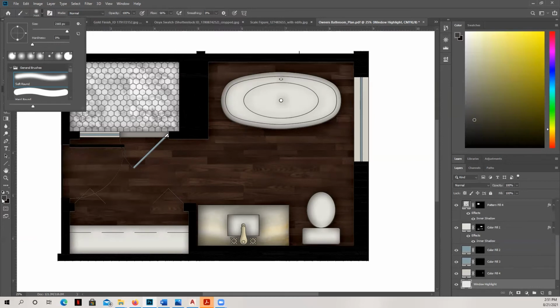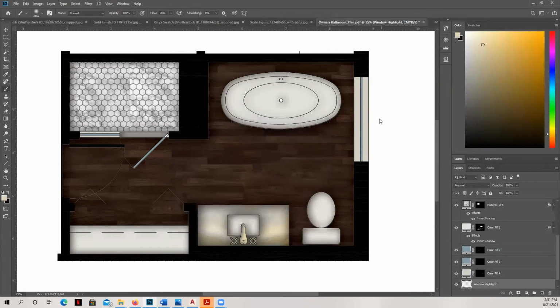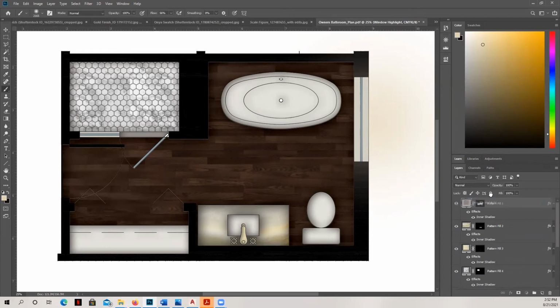The next thing I'm going to do is select the swatch. This is the color of my light. And so I want it to be kind of warm, like almost like candlelight, a nice warm beige. And so I'm going to hit OK. And then what I'm going to do is click right here, and it's going to create a little puff of light. Okay. Now you see it on the outside, but you don't see it on the inside, and that's because the layer order is preventing your visibility.